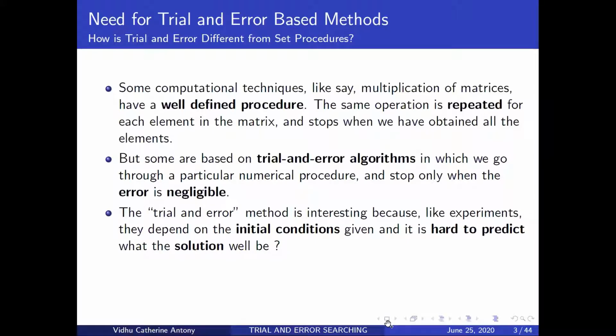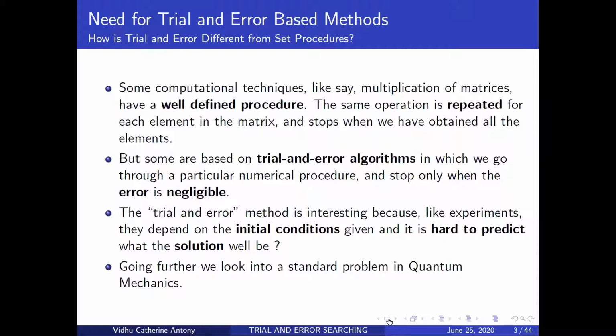Okay, so what is interesting about these trial and error methods is that the result changes based on the initial conditions, and the solutions are hard to predict. So the thing is that you probably have a couple of roots, where f of x is equal to 0 in certain regions of a particular function, right? So when we select a point which is very close to the first root, and when we select a point which is very close to the second root, your answers can differ. So you can have the first root coming up, or you can have your second root coming up.